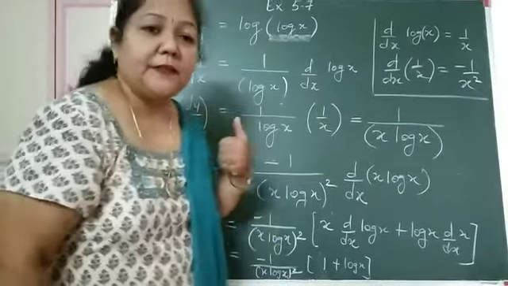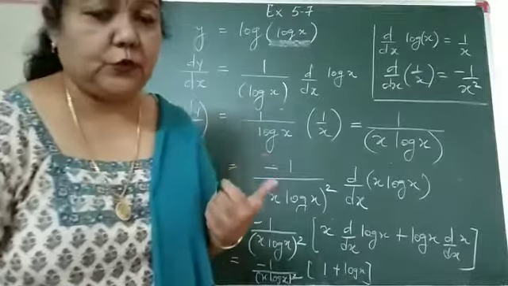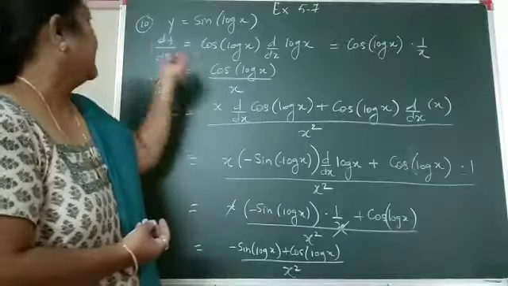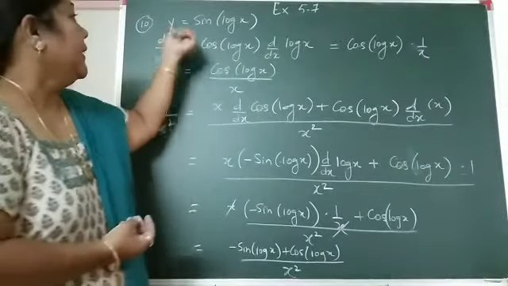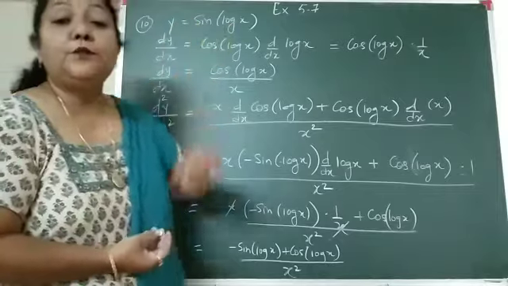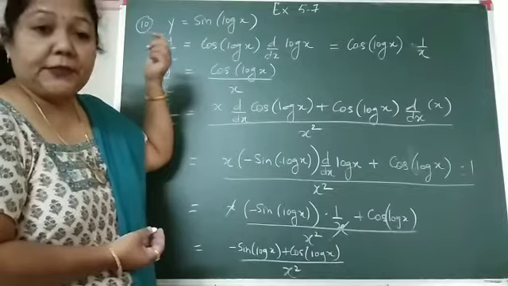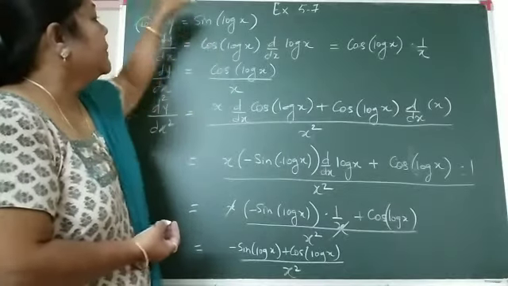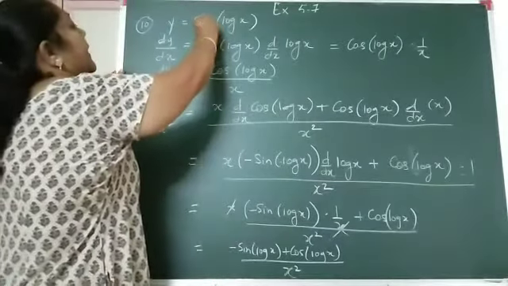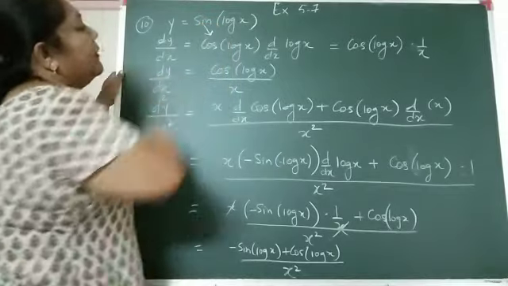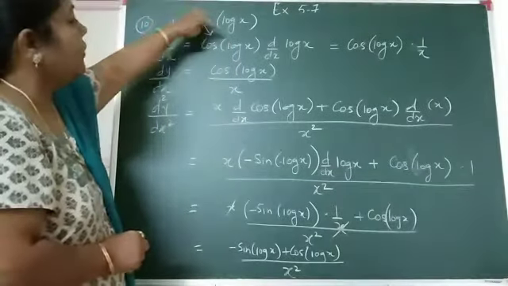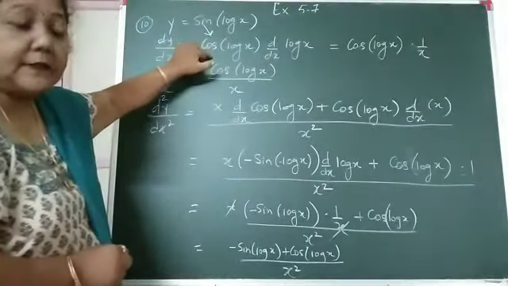So here I finish my differentiation and we go to the next question. Okay, now let's go to the next question. We have y is equal to sine of log x. Now we start differentiating it for the first time. So the differentiation of sine is going to become cos. So sine of log x became cos of log x.